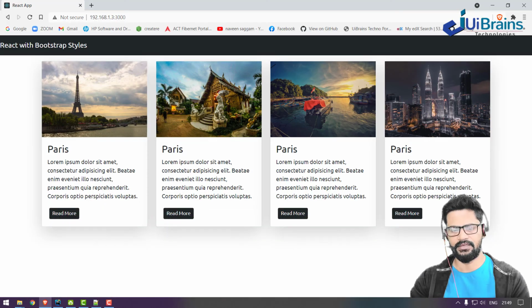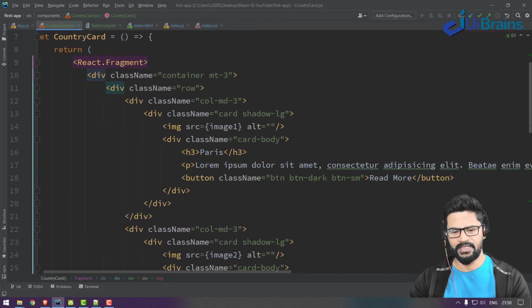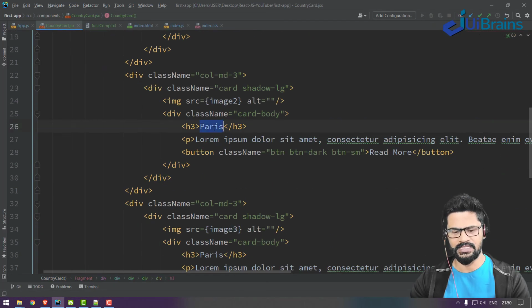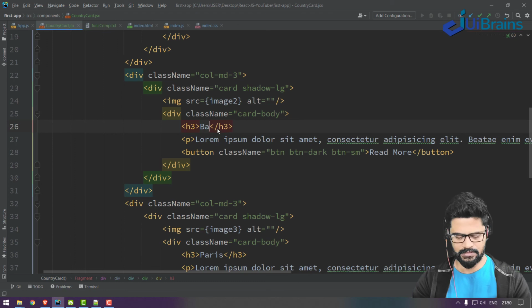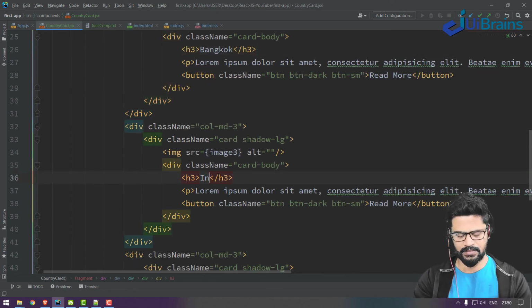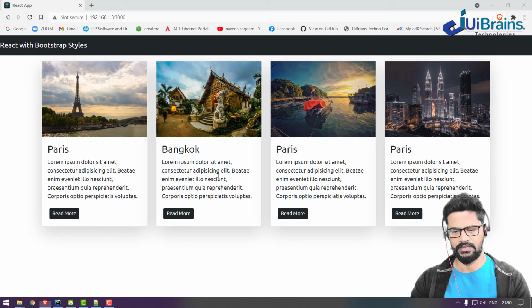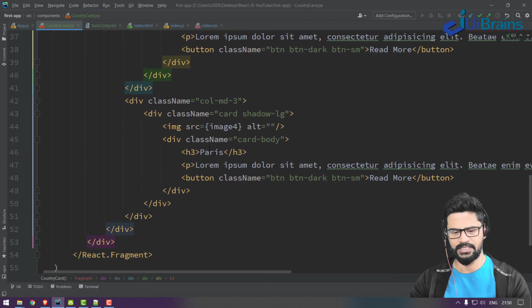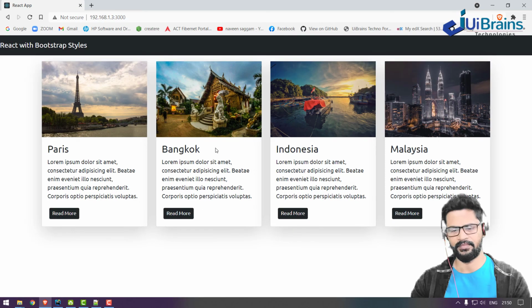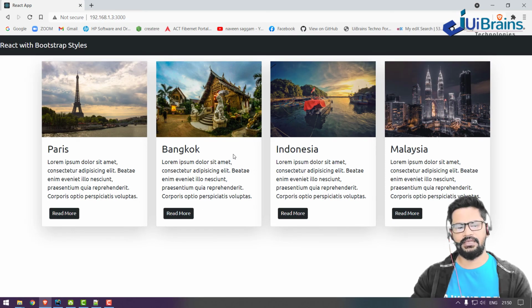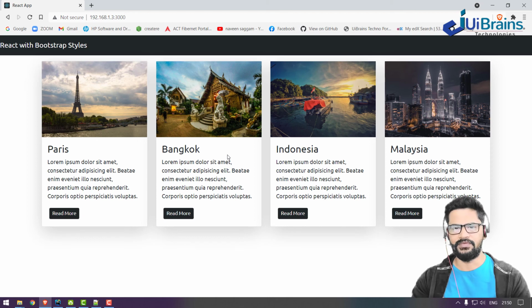So you get four different images, and you change this particular text. This one I think is Bangkok, and this is Indonesia and Malaysia. See how nice the cards have come from Bootstrap.